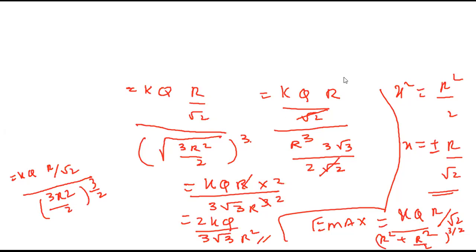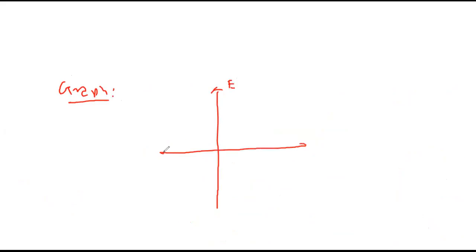Now graph of intensity versus x from the center. So imagine this is ring here. Center is at the origin. Now at center intensity is 0. At infinity it is 0. And at distance of x equals r upon root 2 on both sides, positive and negative, it is maximum. So that means this is intensity maximum